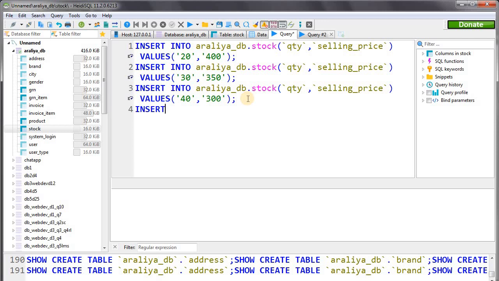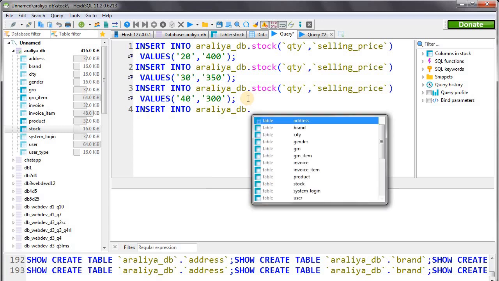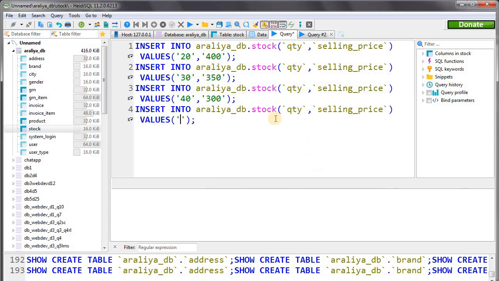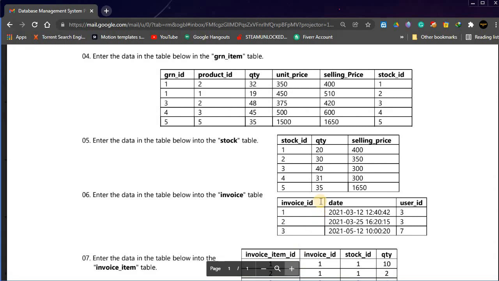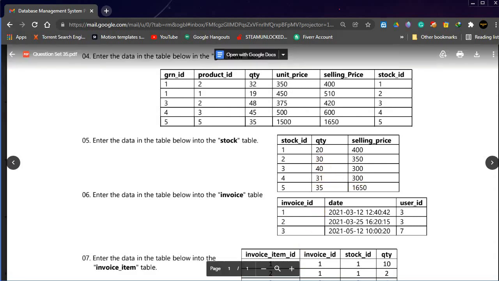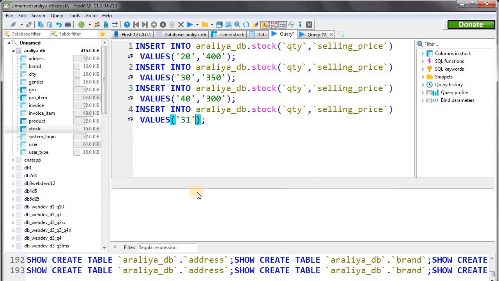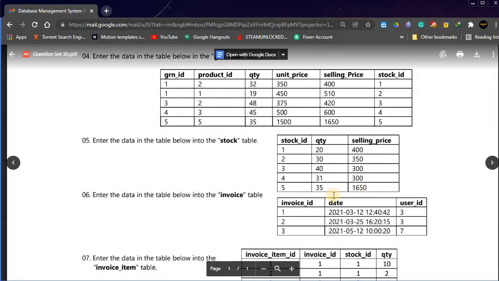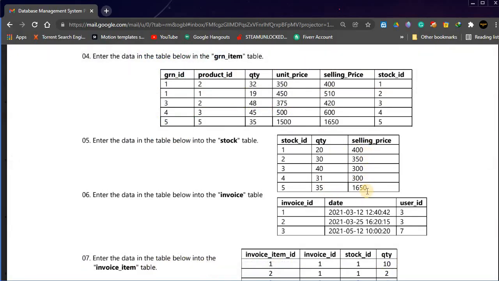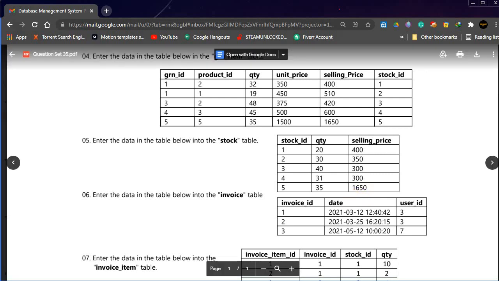And again here's the next insert query, insert into AureliaDB stock table, quantity 31, selling price 300. And here's the final set of data into our stock table, quantity 35 and selling price is 1650.